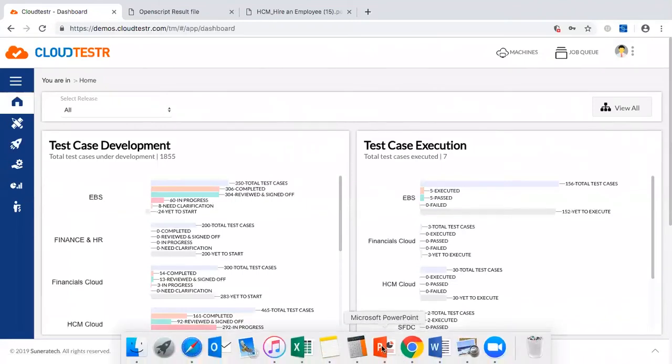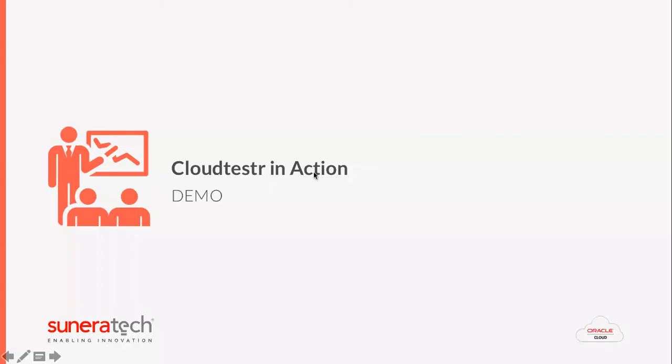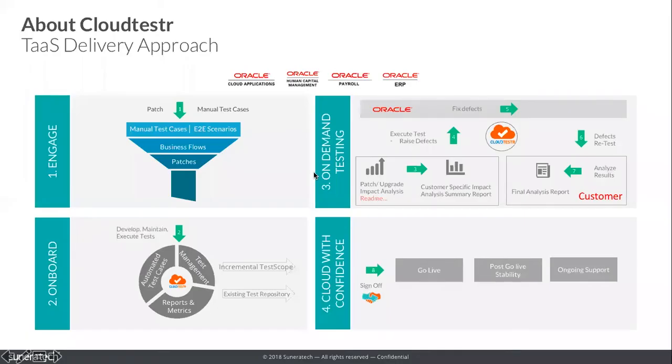So let me quickly go back to the presentation. Then you might be asking, how does this whole delivery approach work, right? How do you work with us if you decide to move forward, right? So the way